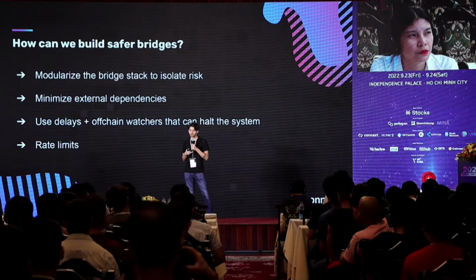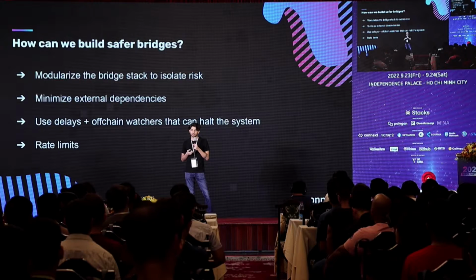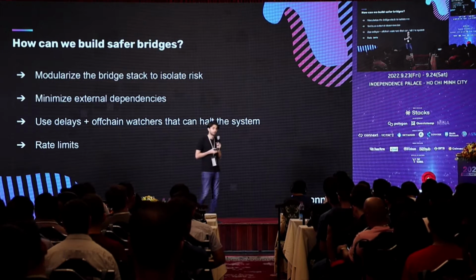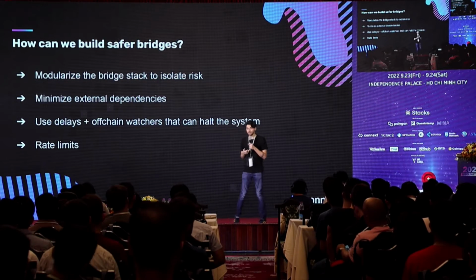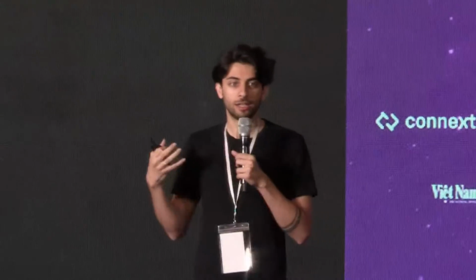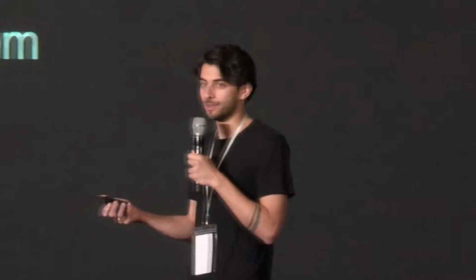Next, one of the key things that we're seeing is using delays. So do you need to be able to send hundreds of millions of dollars across chains immediately? Probably not. Right? In most cases, if you're a fund or a liquidity provider or a market maker that is transferring $100 million across chains, you're probably okay with waiting 15 to 30 minutes. And that delay is long enough to be able to have off-chain actors, what we call watchers, watch the chains and make sure that that transaction is bona fide. Make sure that that transaction isn't happening as the result of a hack.